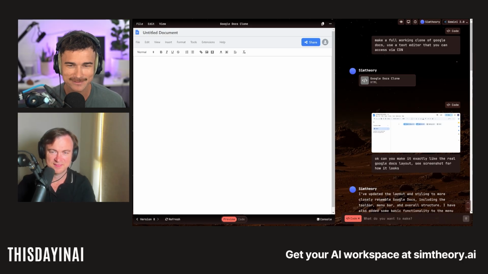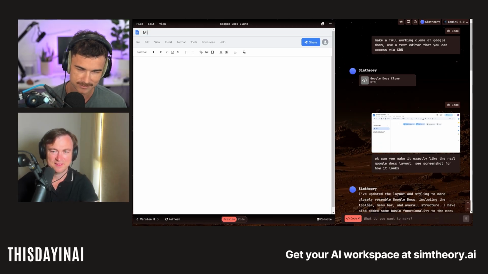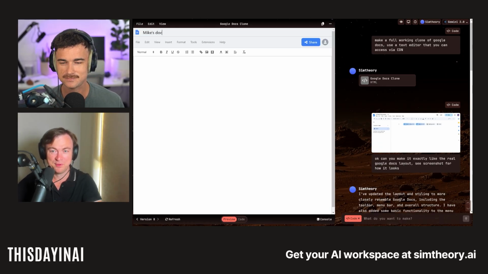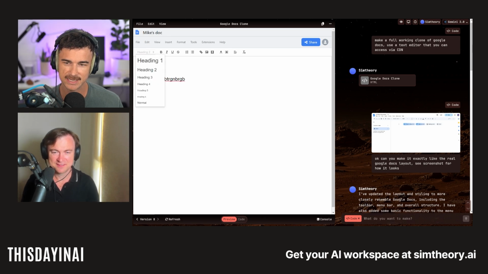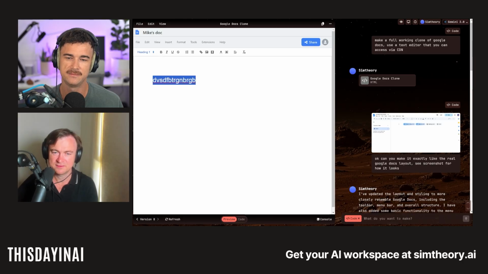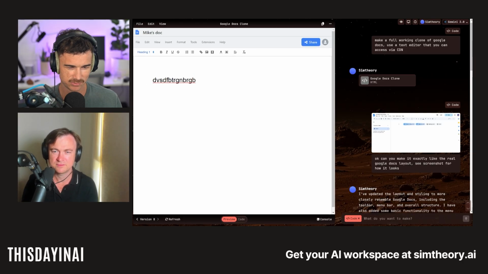Now, it's not a perfect replica of Google Docs, but it fully works. Like I can, yeah, I tried to rename it when you made it. It's pretty amazing. Yeah, I'll put the link in the description, but it even saves the state. So like you can go back to the URL, right? And work with it. I think it was like 2 shots, or I mean I added icons and some colors and stuff later, which is why you see 8 versions at the bottom.